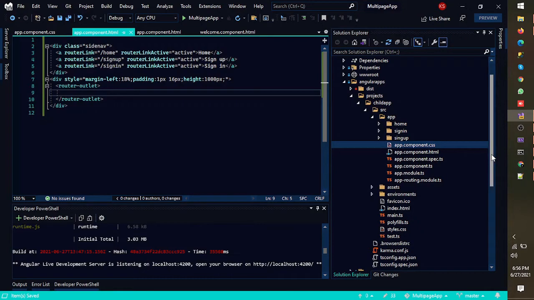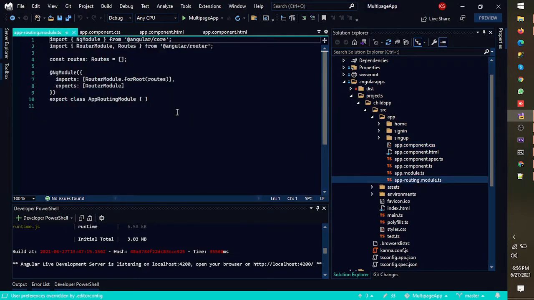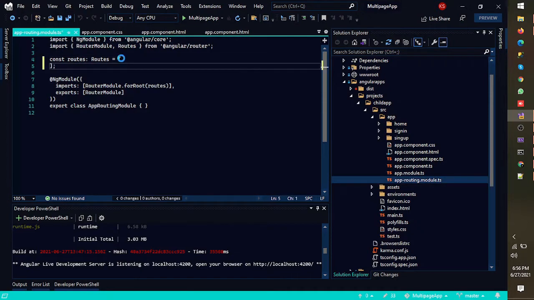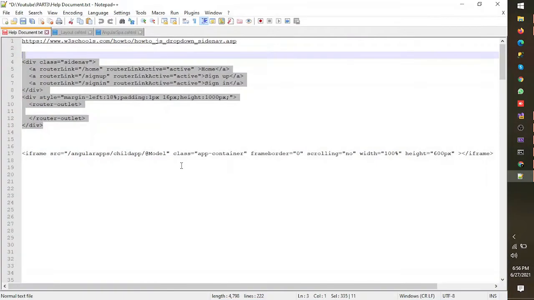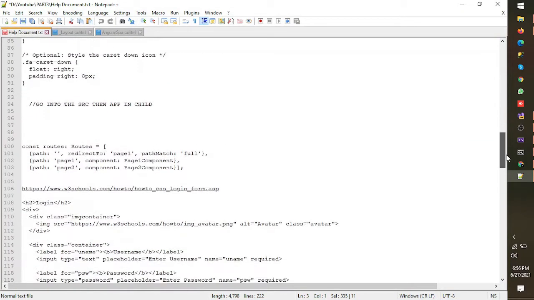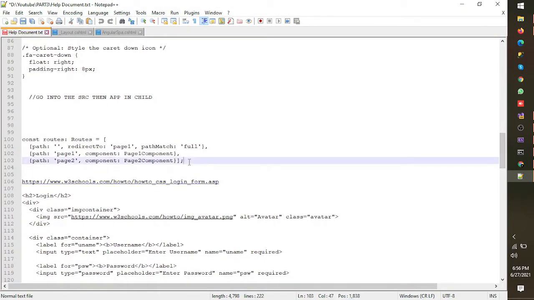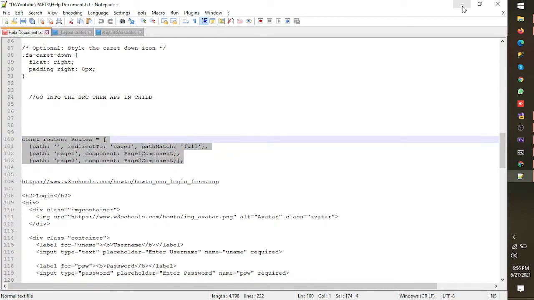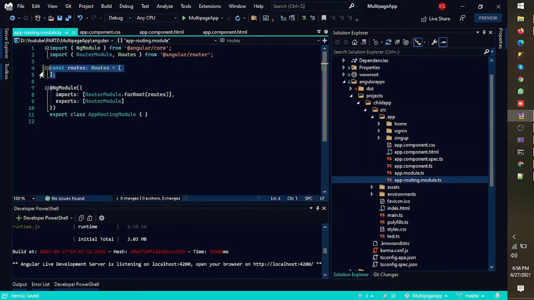So next we would need to set up our routing in app.routing module. Here we would need to add routes. I think I have copied it here, so let's paste it and let me explain what we are doing in the routes section.